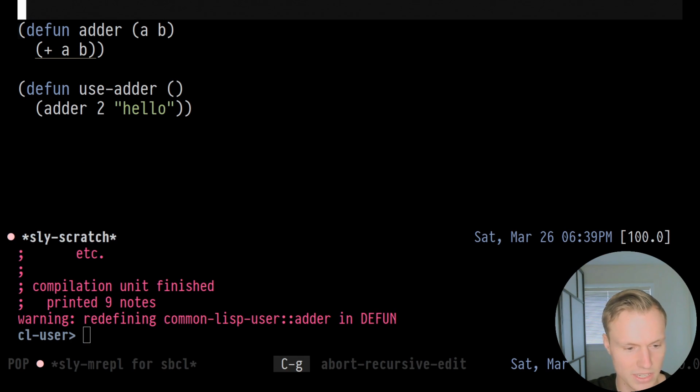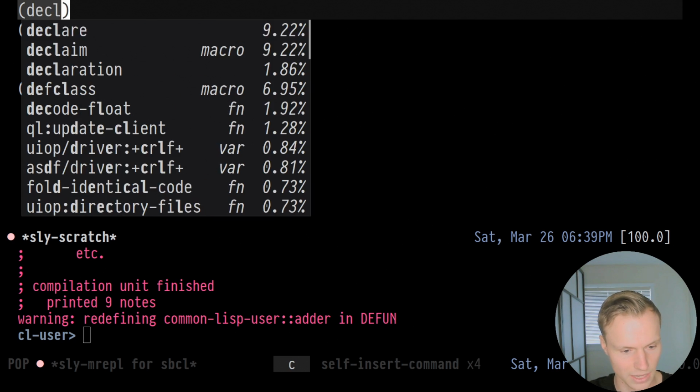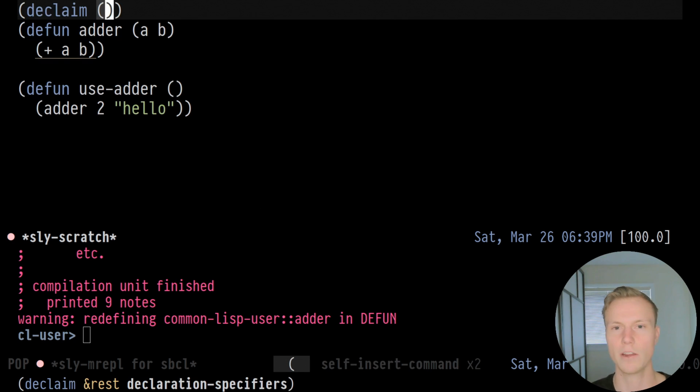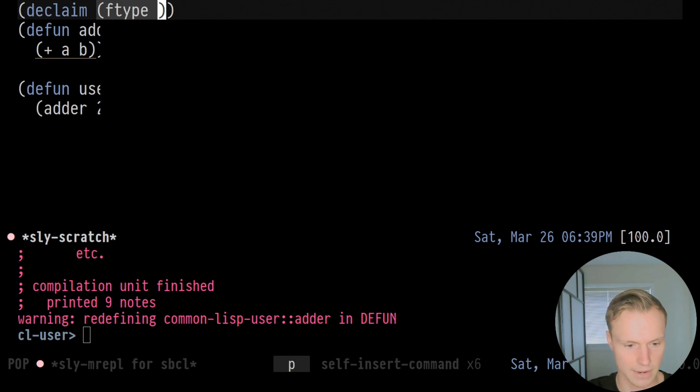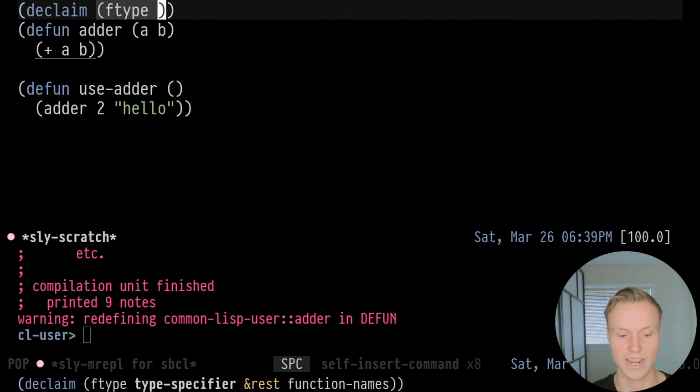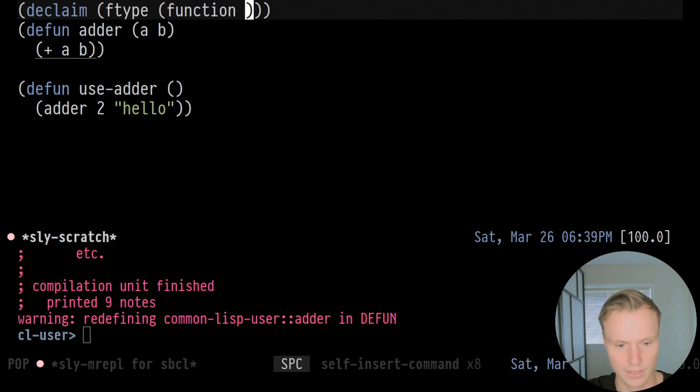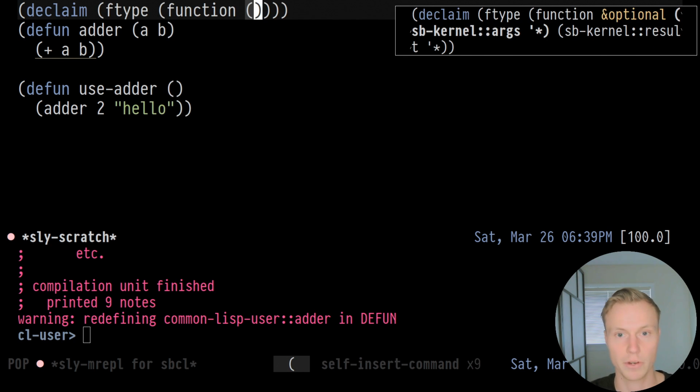Now, what we'll do instead is we'll actually get this to give us an error at compile time, which is much more useful, and you'll see this in a lot of languages. And so this will be done using declaim, like we did before. Now, instead of optimize, we will use ftype. And so this tells it that we are defining a function type. Now we're going to do function, and that is just the type of something. And then we're going to define the arguments. Now you can see this little pop-up here is just describing that we are going to define the type of the arguments. Now, as you can see, for adder, we would need a number,